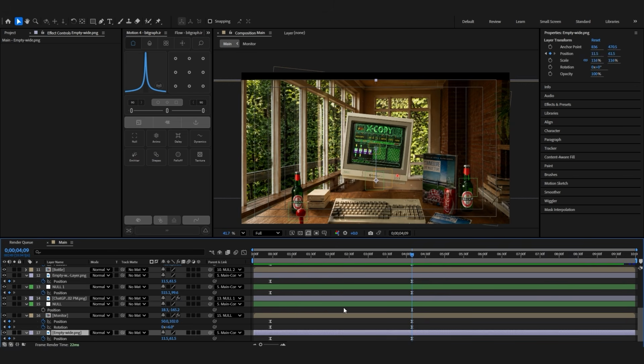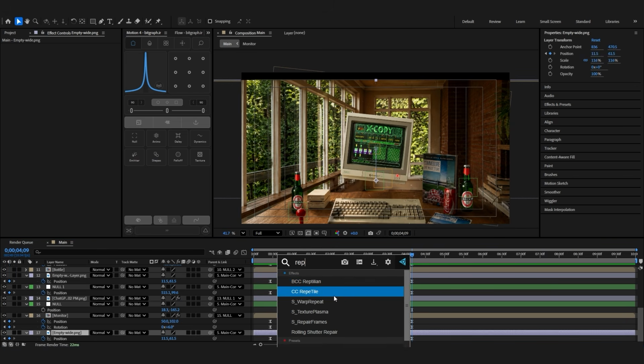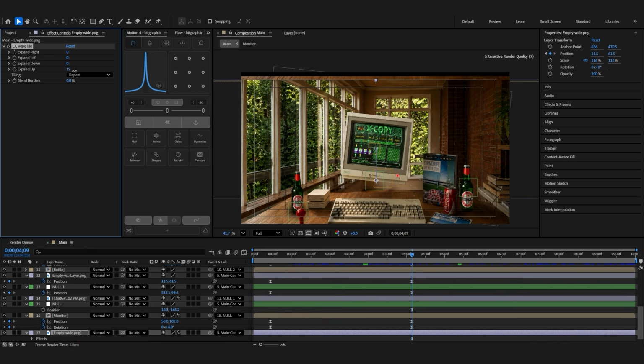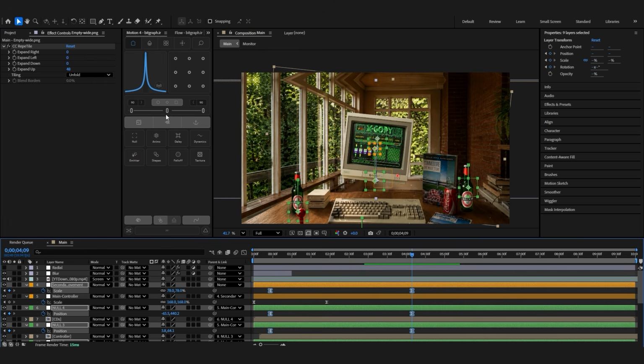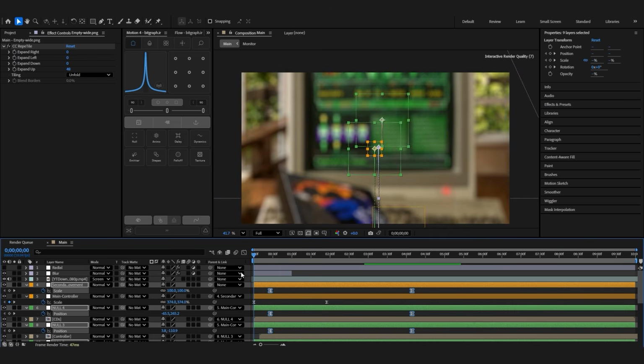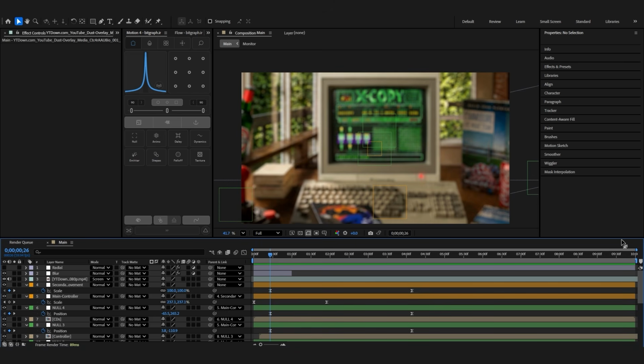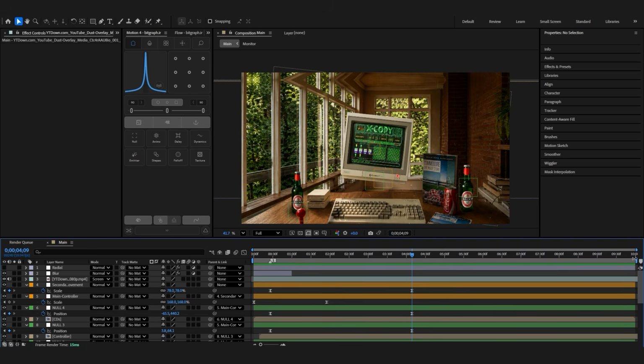And one of the fastest solutions would be the CC Repetile effect. You can easily add this effect, expand it from the top, and then easily put it on Unfold. So I'm gonna select everything and again apply this one. So exactly when you did that, we just need to put a mark in the exact same place that we have